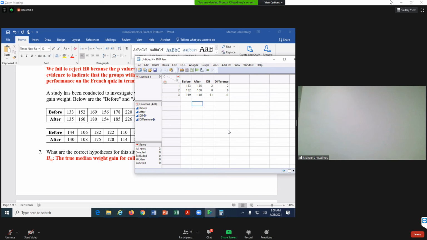So if I ask you, okay, create a difference column and do the analysis, you have to create the difference column, and I showed you how to do it. If I ask you to just do the match pair design, then you can use the match pair. So I can ask you to create a difference column from this and then calculate, or do the match pair design or whatever. Okay. If I don't mention it, you don't need to do it. So there are two ways to do it. So that's the end of this chapter.